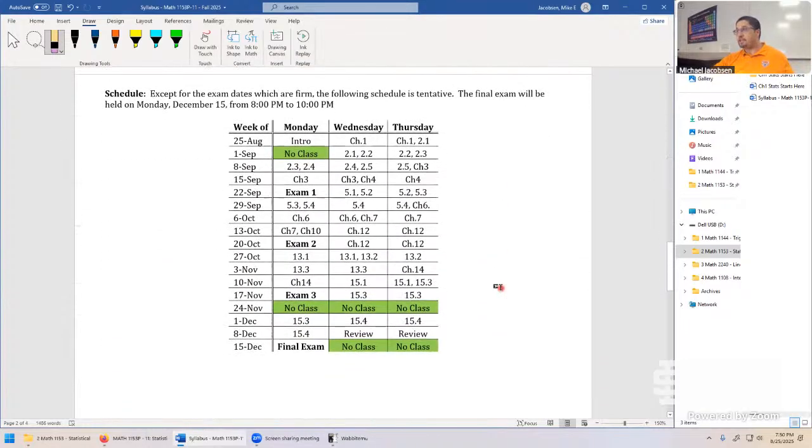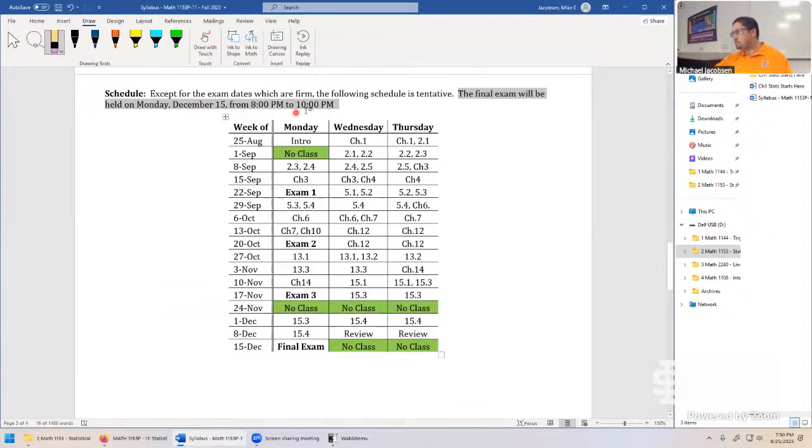Other things you'd want to take a look at is the schedule. The firm dates are the actual examinations themselves, exam 1, 2, and 3. And I have to apologize about this part. The person who determines the final exam schedule for Idaho State University is the registrar's office down in Pocatello. And because we're a night class, we are on the 8 p.m. to 10 p.m. slot, Monday, December 15th. It's brutal, but it's one of the reasons I don't try to write a hard final exam. I sometimes do curve it. It's something we'll get to together.